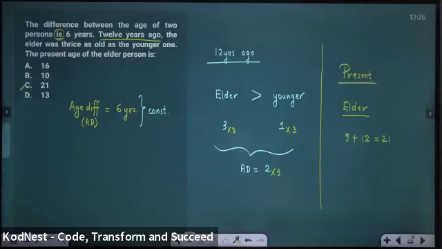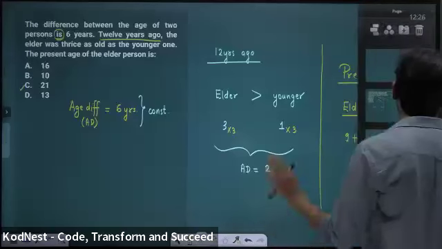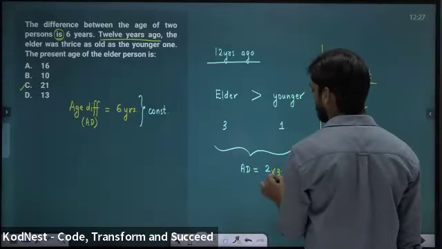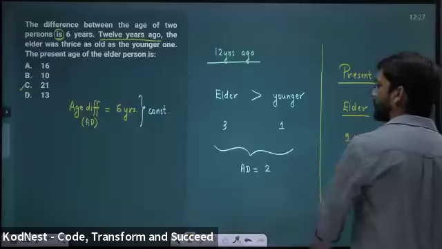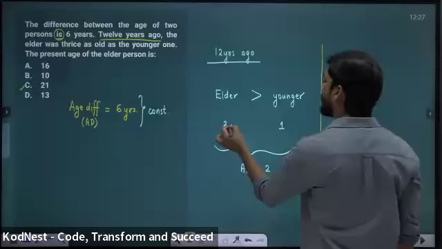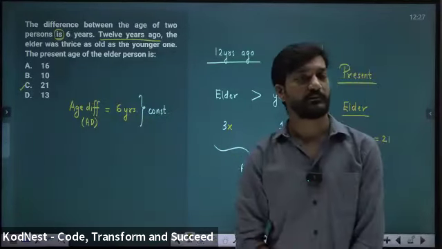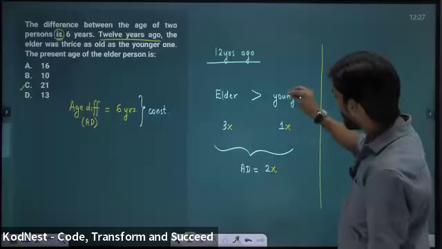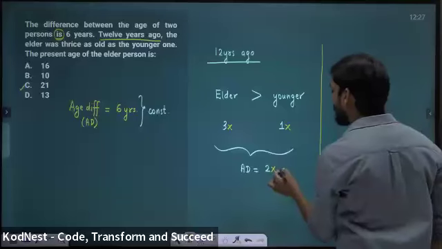All right. Now, next way is this. This is without variable. With variable, if you want to do, first you will see 3:1. So you will write 3, 1, and 2. Then you will take a variable. And now you will see what is given. Elder person age not given. Younger person age not given. Age difference, yes, given. 6. Equate it with 6.